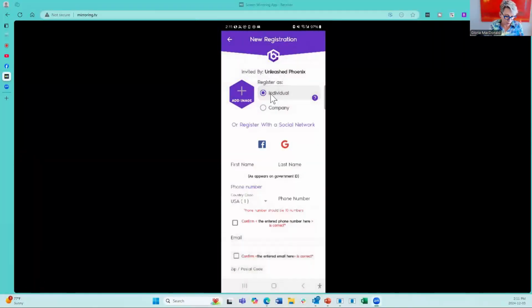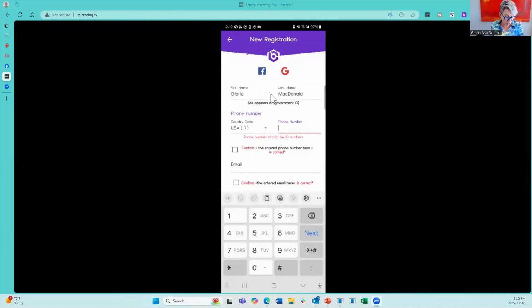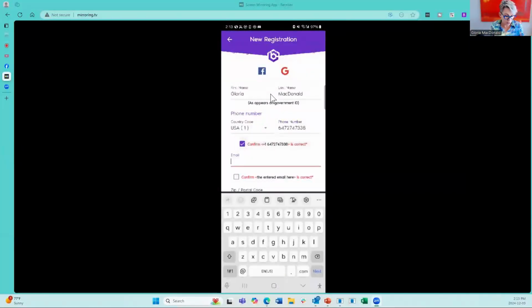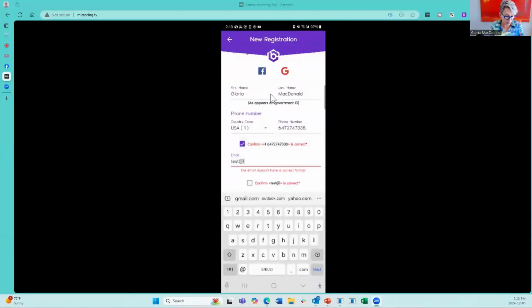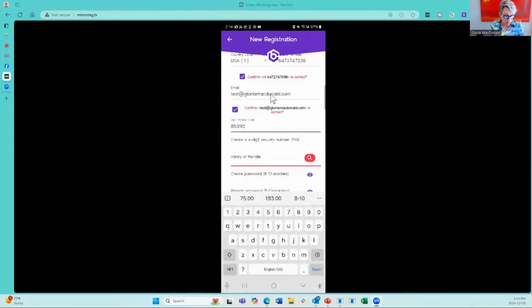Then you enter your first name and your last name. I'm entering my first name and my last name here, Gloria McDonald. Then you enter your phone number. Okay. Then you hit the confirm that that is correct. Then you enter your email address. I'm just going to do test email. Then you confirm your email address, enter your zip code, and then you want to make up a four-digit security